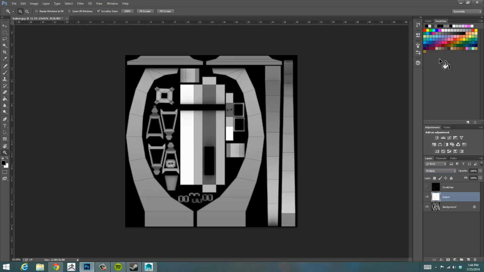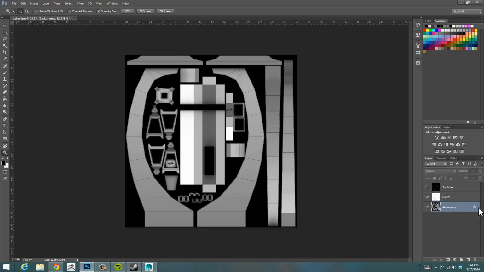Now before I go in and apply this to my model in Maya so we can start texturing it and seeing the difference of the things we're doing, I like to block in a basic color for my objects, and this gives me an idea of what everything is. Just a simple color to get an idea of all the different materials in my object. So the first thing I want to do is